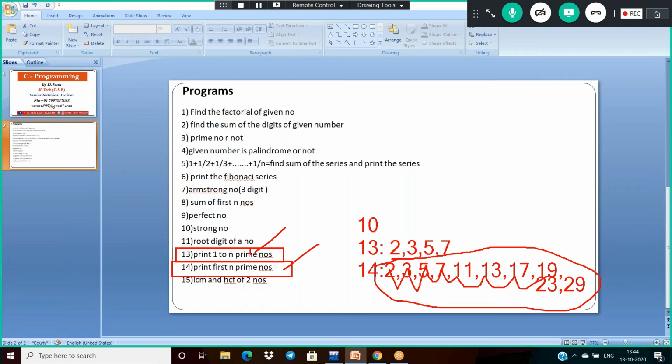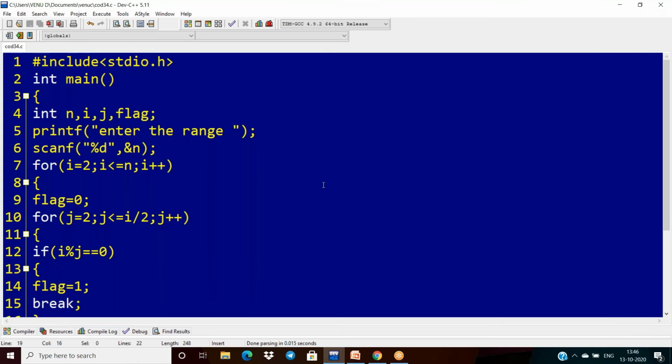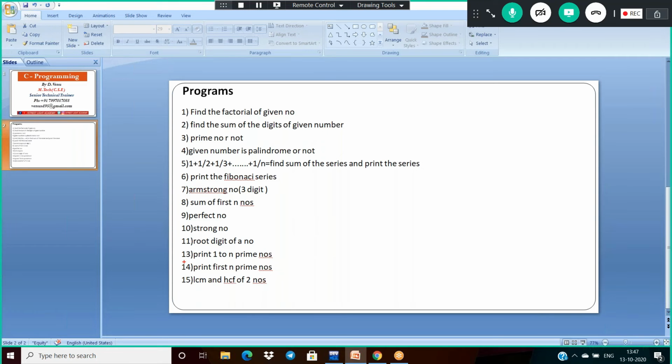Okay, so the difference is this. For the first 10 prime numbers, I have to display the first 10 prime numbers here.